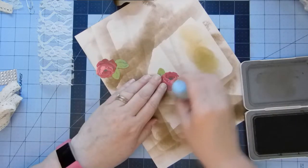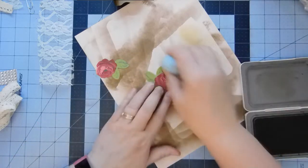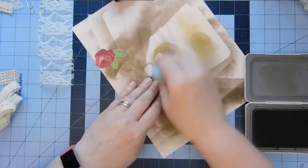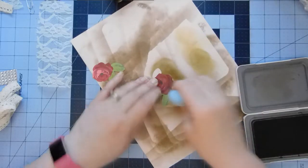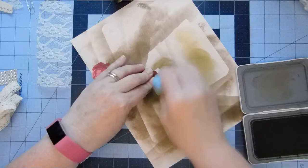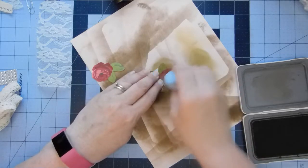We can always add darker if we need to, but I just want to deepen this color and make it a little bit less bright, I guess is the word. It's especially that green. That green is really bright. And then after I get these toned down a little bit,